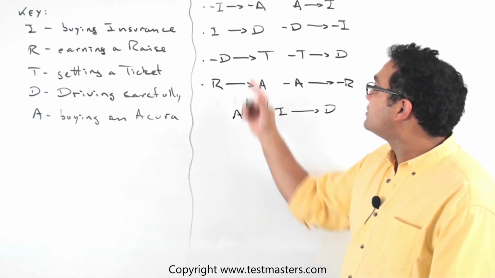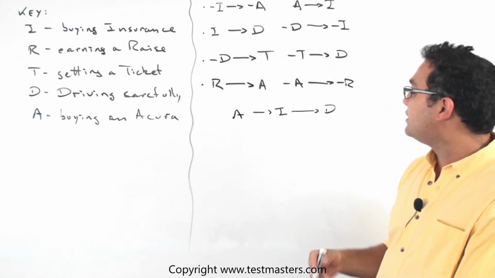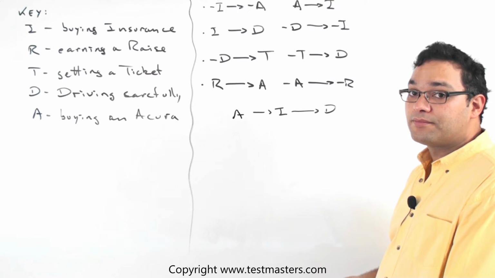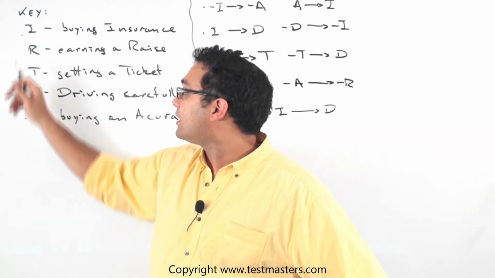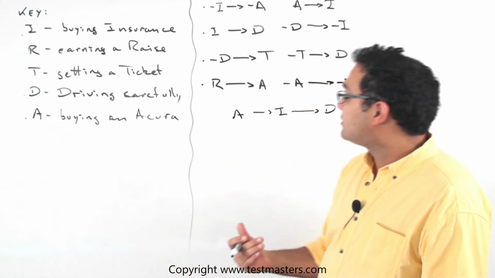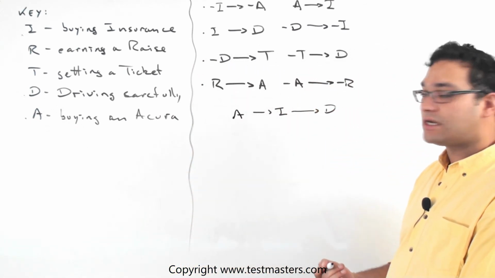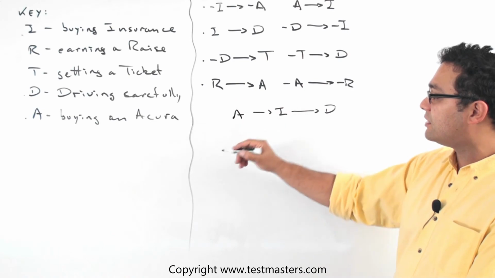And of course, does a D yield anything? Well, does something begin with a D? No. Of course, we just tackled the A, the I, and the D. We got to look at that R and that T and see if those connect to anything. And sure enough, that R connects to an A.